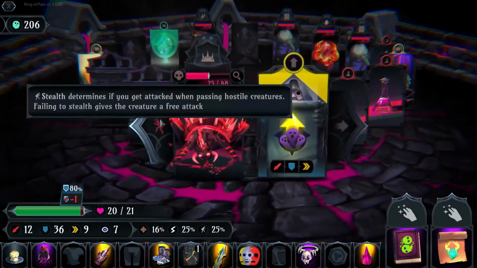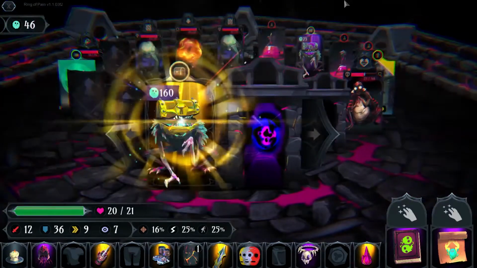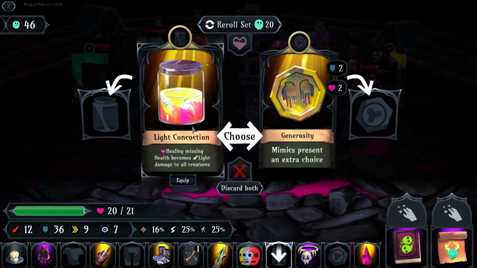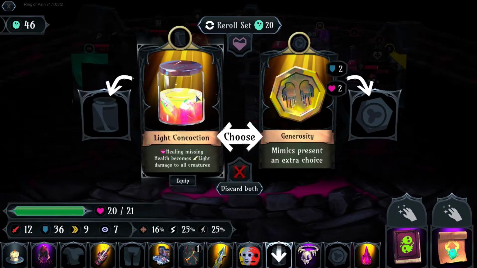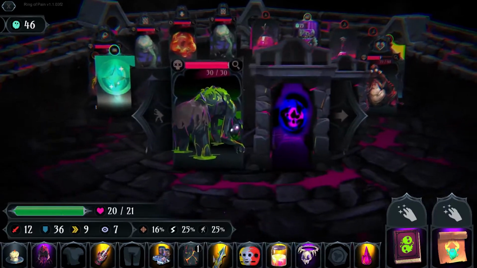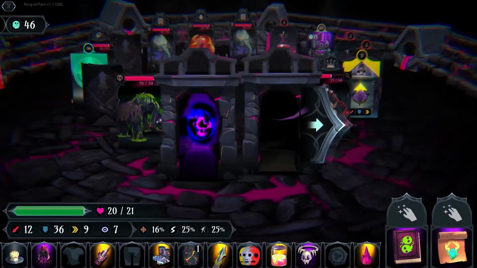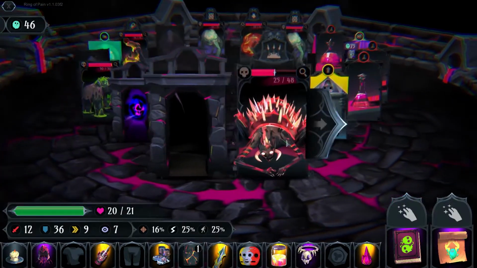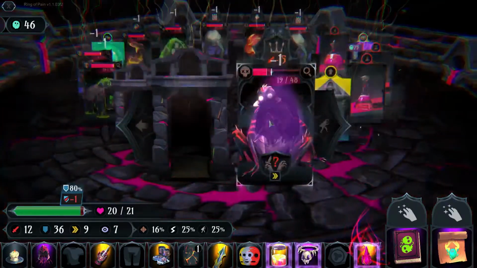Just keep smacking him. It's a bit too dangerous to smack him again. Let's get another legendary. Ooh, all right. This is an item that I feel single-handedly breaks the game. Devs, please nerf, because healing missing health becomes light damage to all creatures. I feel that the easiest way to fix this effect is if you just stopped being able to heal with it. I mean, maybe it'll make it weaker, but